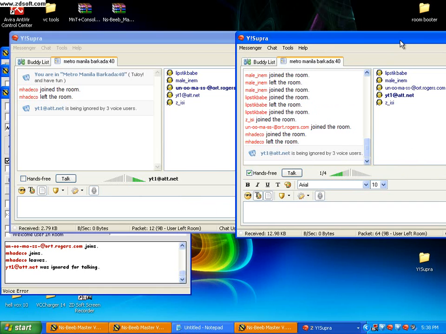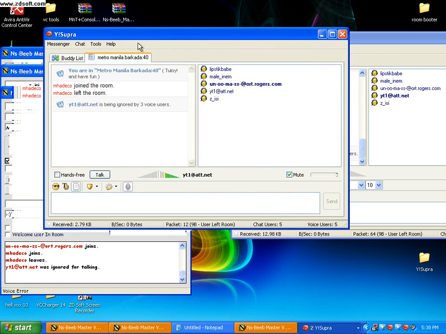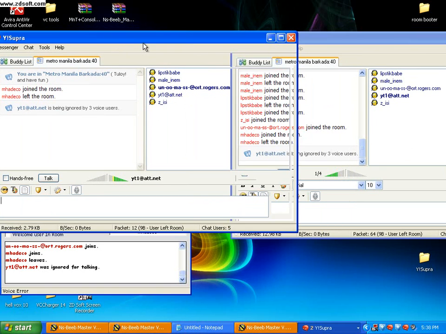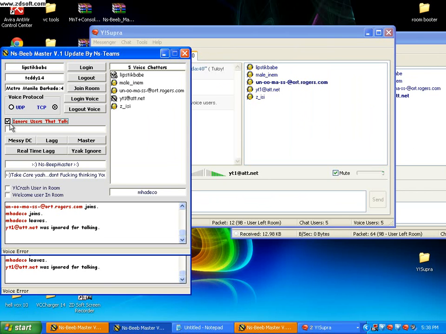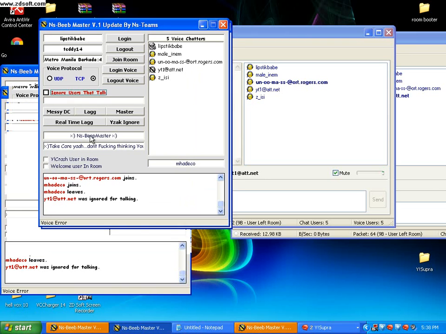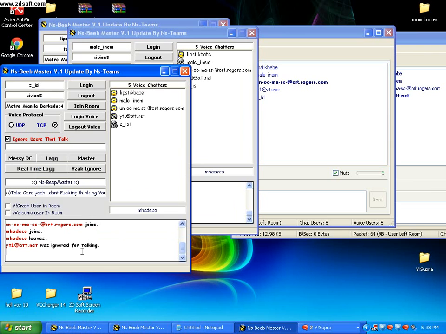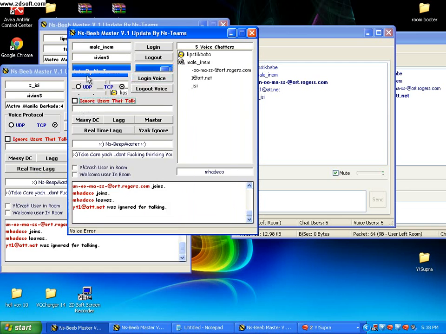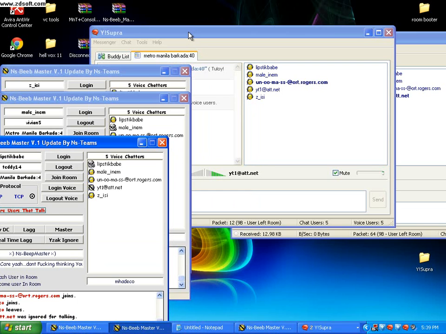Okay, so to avoid that, this is what you do. This is a Masigi first, right? Now the user save list. You must uncheck the user, ignore user talks, uncheck it. Then first, make sure all of the BC users who step in have already stepped in. So uncheck it. This is the user save list mode. Once you uncheck the ignore talk users, now you can step in.